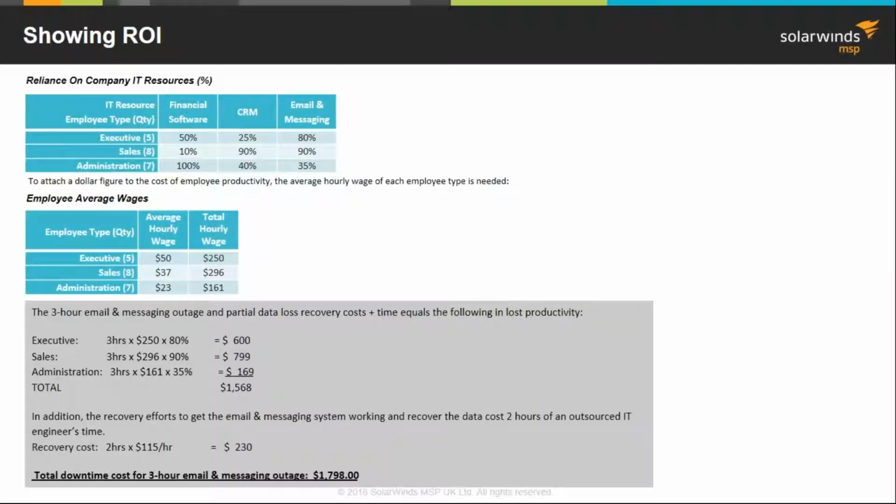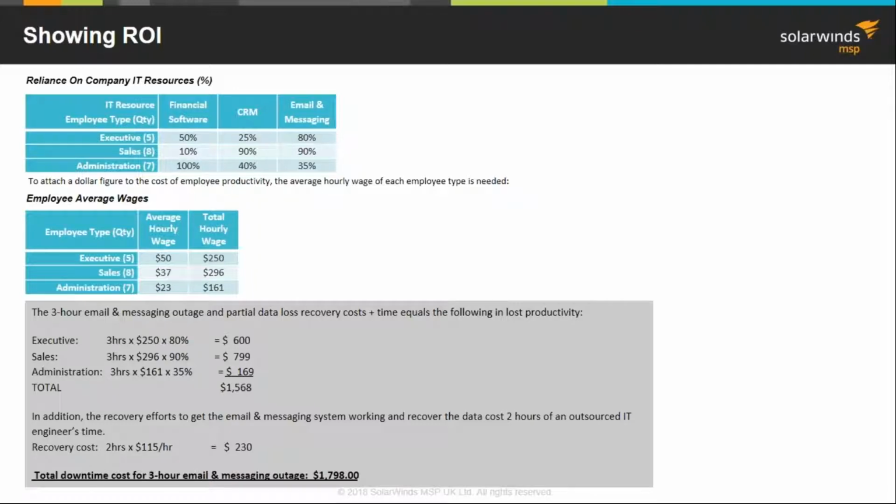So let's look at the ROI quickly, and we will go deeper into this in further sessions throughout the MSP Bootcamp, but I didn't want to leave you without any idea of how we do this. What we're looking at here is a reliance on company IT resources. Now, there's probably a multitude of teams within that organization, but we've taken the three core ones: